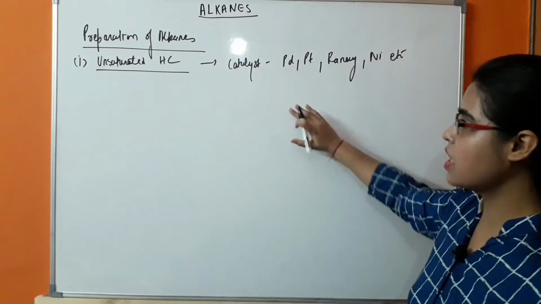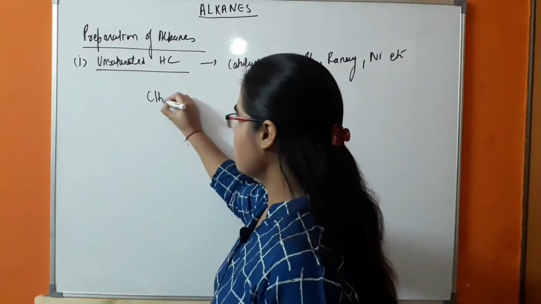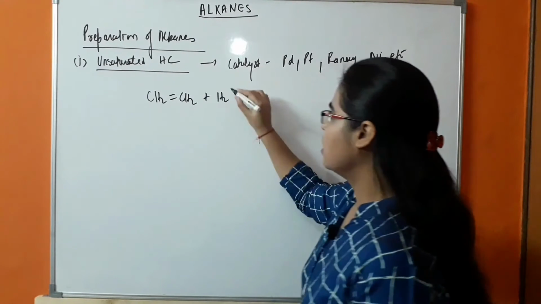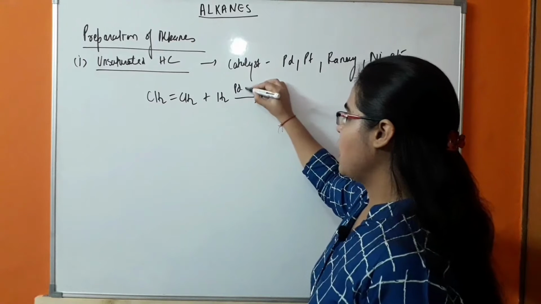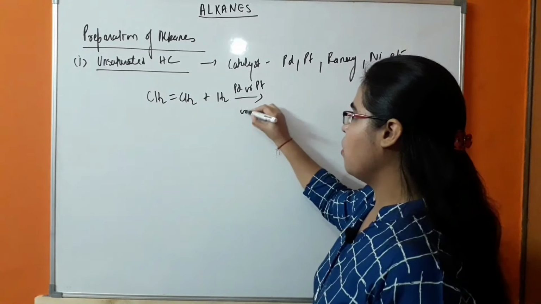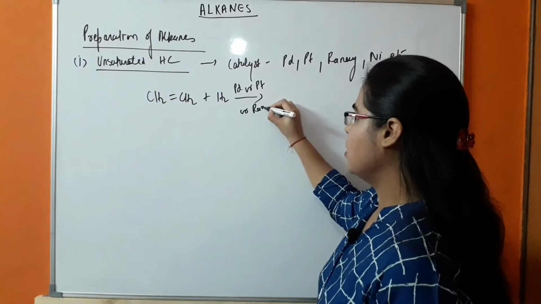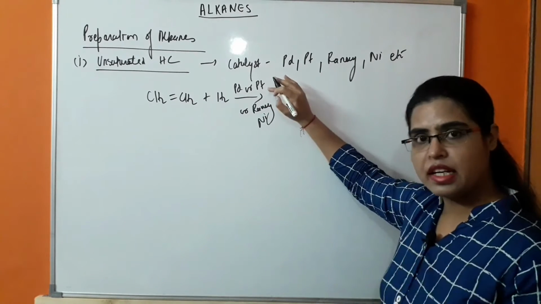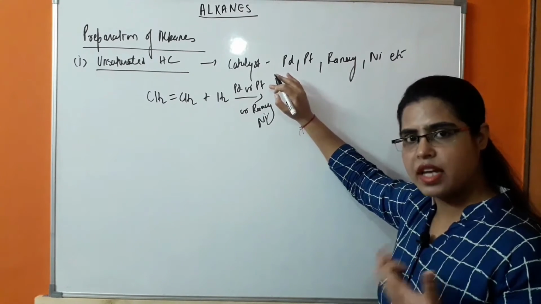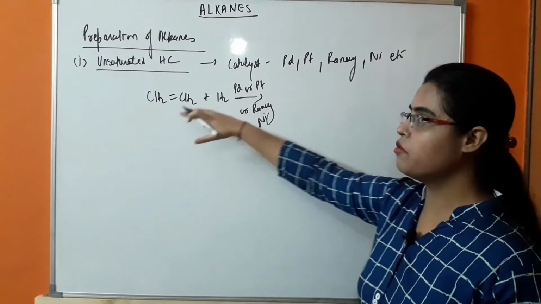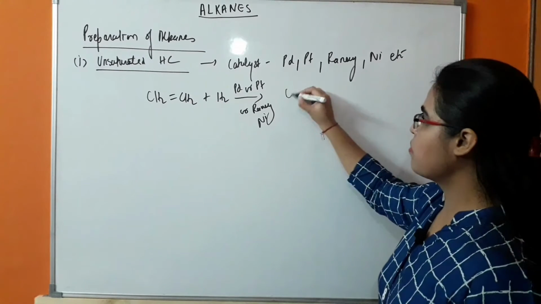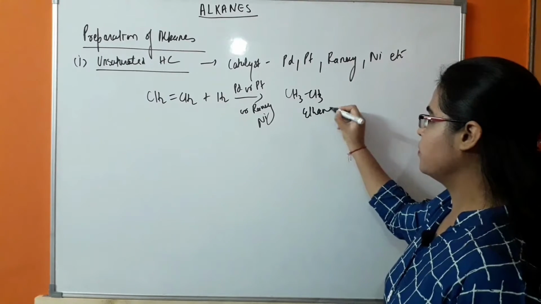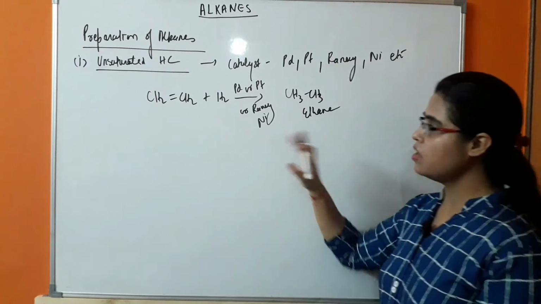Okay? So in this case how will the reaction take place? CH2 double bond CH2, hydrogen, catalyst palladium, platinum or Raney nickel. You can use either palladium or platinum or Raney nickel. Any one of the three catalysts can be used for the reduction of alkenes. Okay? So there will be formation of alkane, that is ethane. Okay? Second reaction,